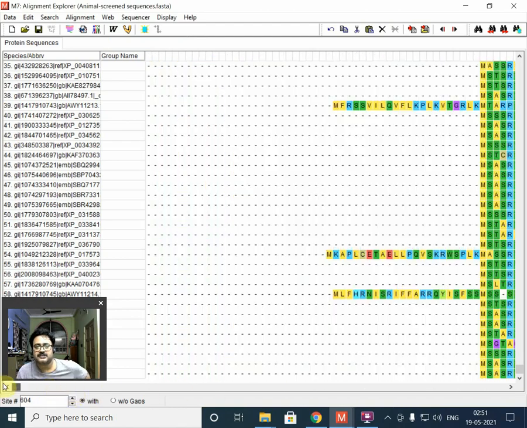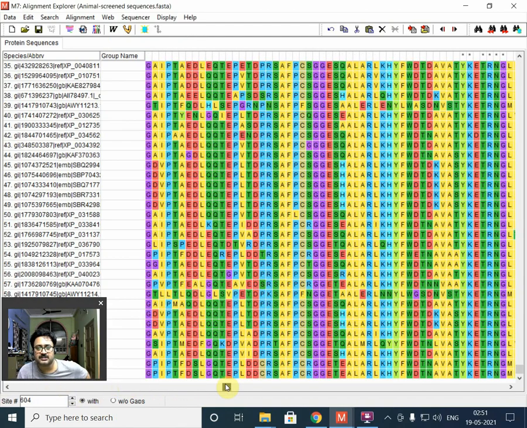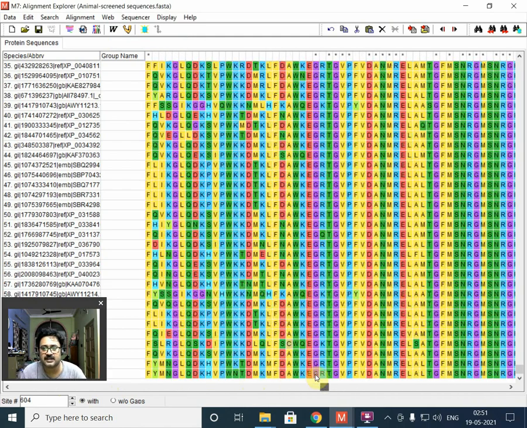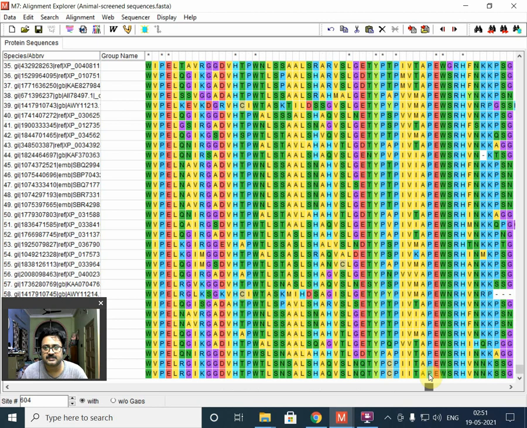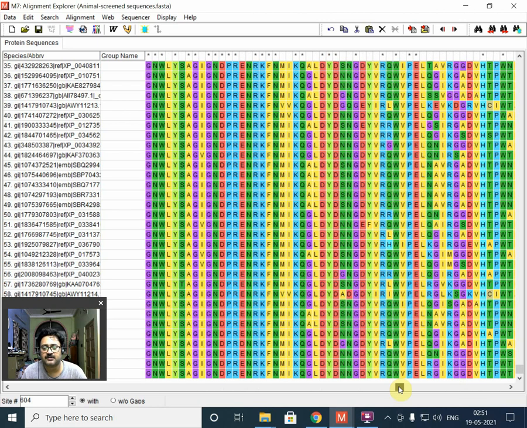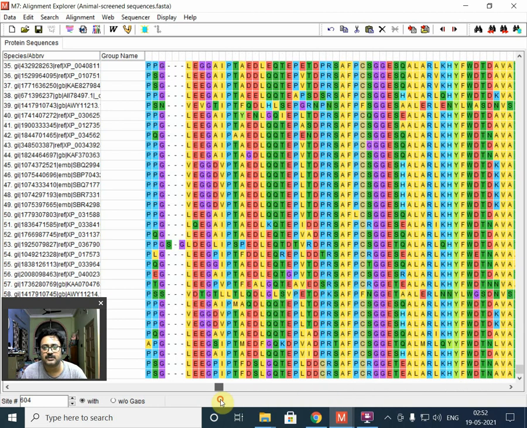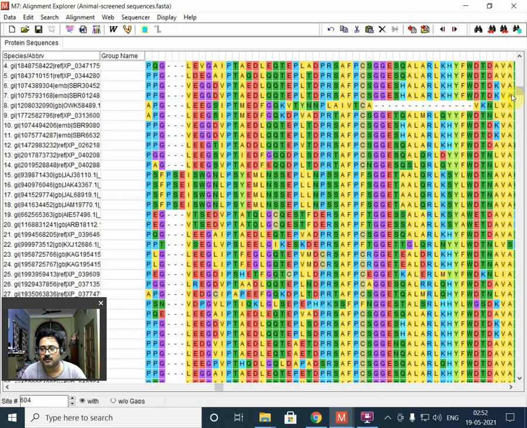As you can see, the total number of stars has increased, but just as we saw after the alignment with the MUSCLE algorithm, there are some regions where a huge number of stars are present, showing alignment, and some regions where the alignment is very poor, like this region. We will see why this is happening.